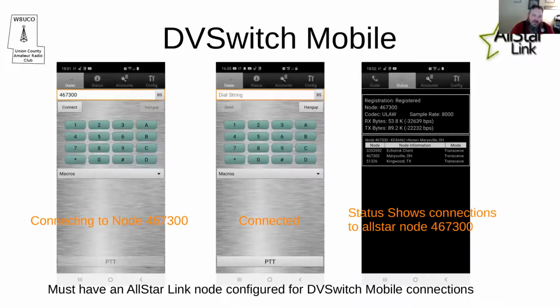This is the DV Switch mobile app. And on the left side has my node number, and you can connect to it. After it's connected, you'll notice the push to talk button isn't grayed out. And so you can press the push to talk button. It'll key the node up, and you can talk using your phone, and hit the push to talk button again